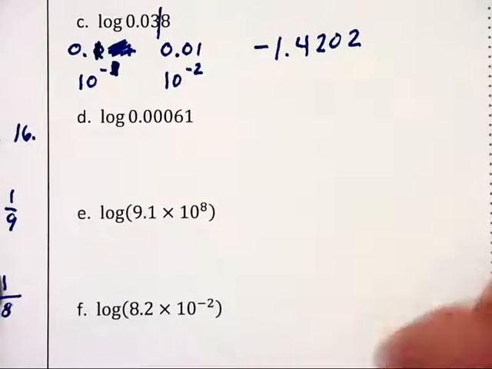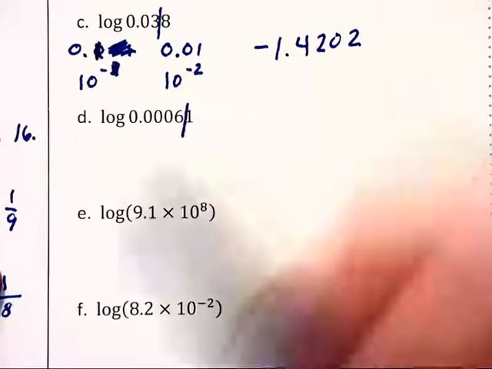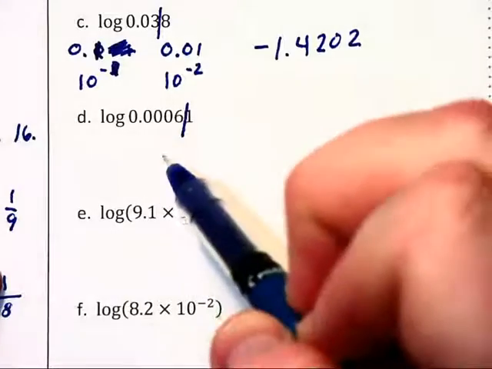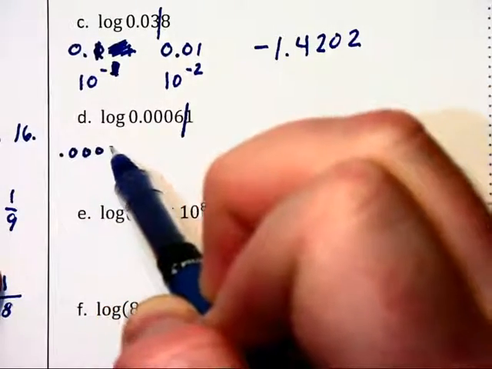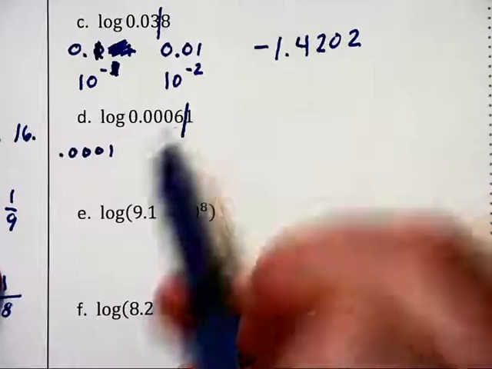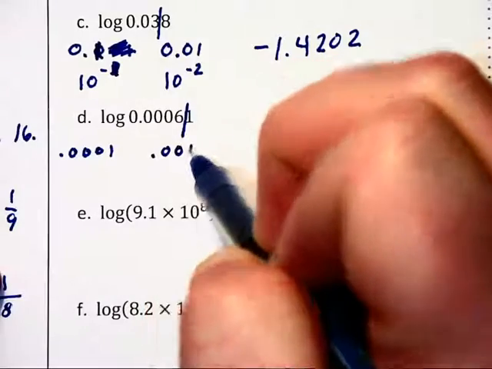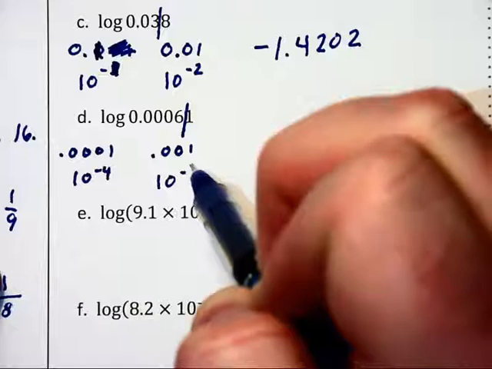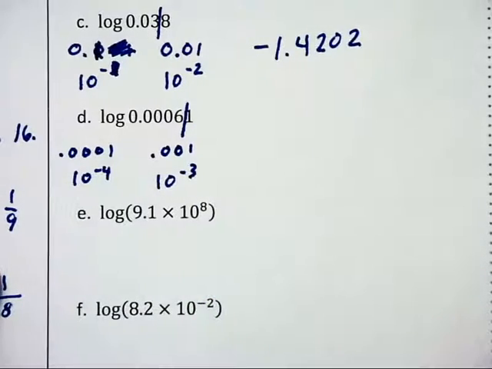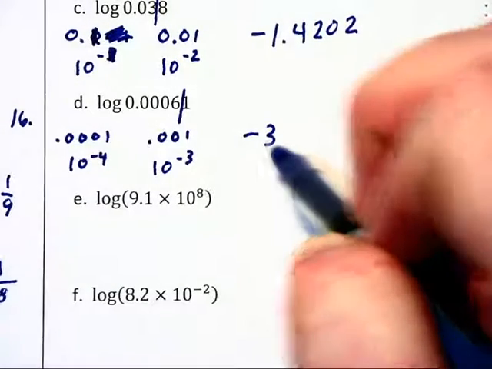That one threw me for a loop for a second, so let me explain it a little bit more in this next problem. This value here, ignore the 1 on the end for a minute. This really here is between 0.0001, that's with a 1 being less than that where that 6 is, or 0.001. This is 10 to the negative fourth and 10 to the negative third. We're going to expect our answer to be between -4 and -3, and it really is, when you substitute it into a calculator,